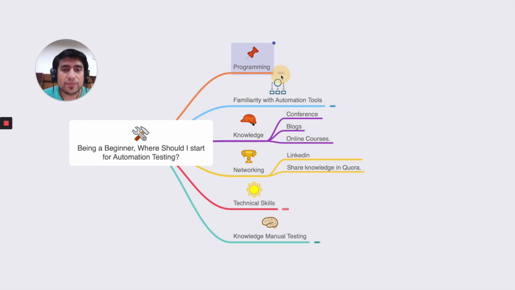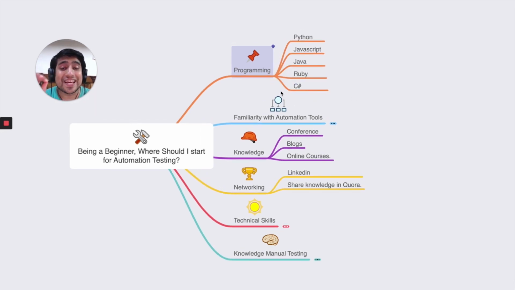First of all, the first thing is the programming language, guys. If you wanted to switch from manual to automation, the first thing is that you need to choose a programming language. Most of the people start with Java. If you talk about the web automation part, you can start with Python or JavaScript. I have 8 years of experience and I have seen JavaScript, Java, and Python. These are the three major programming languages which are used widely.